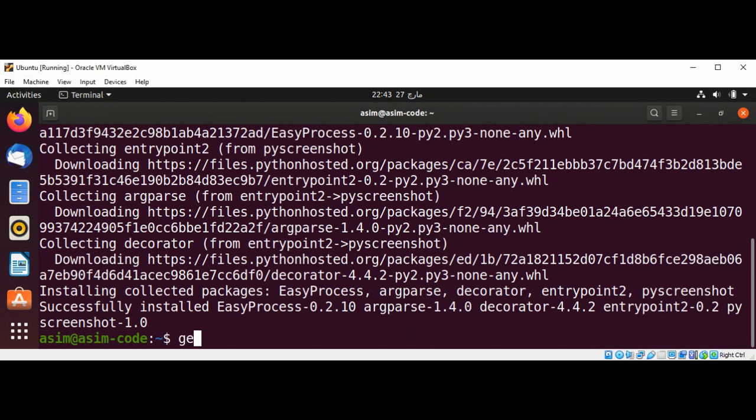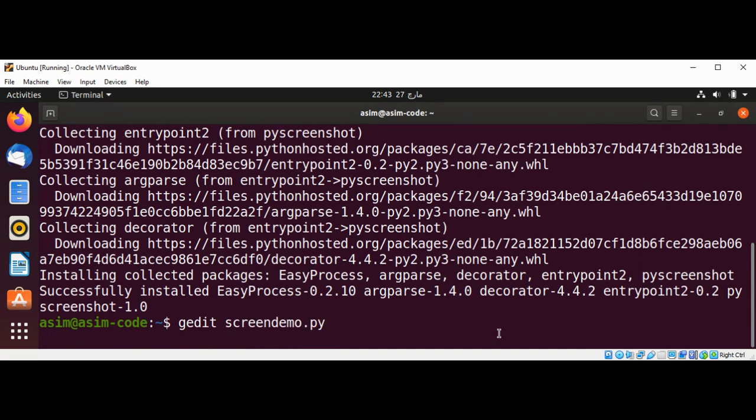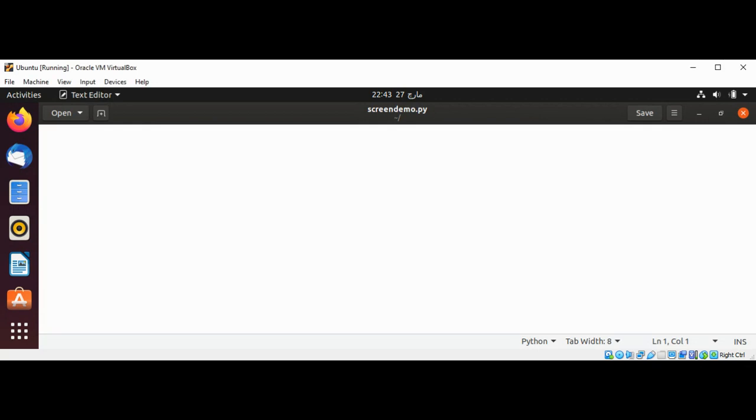I will name it gedit screen demo.py. Now I will import pyscreenshot as ImageGrab, and to grab the full screen I will save in the variable image, ImageGrab, and call its method grab,